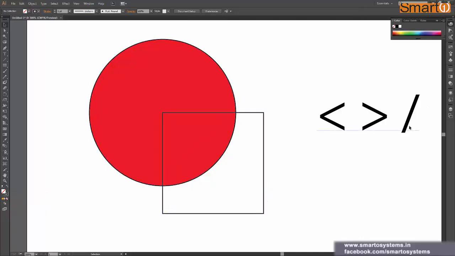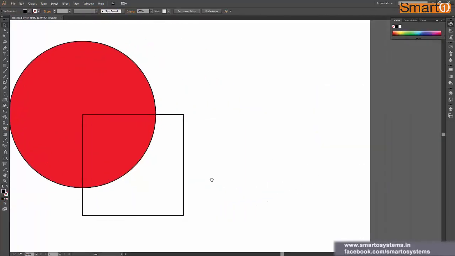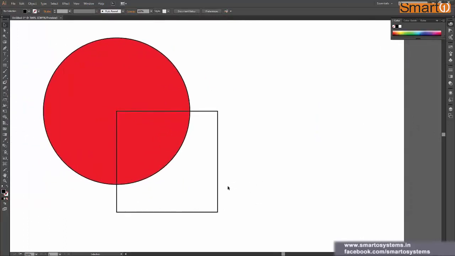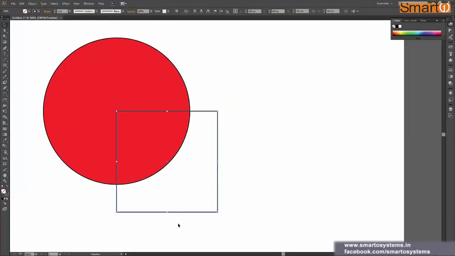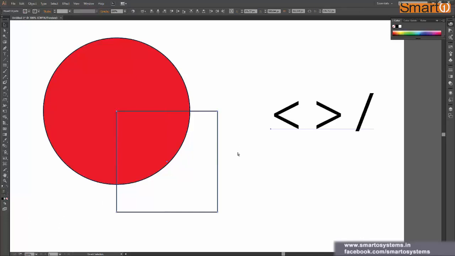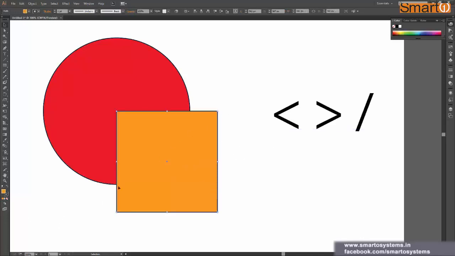So let's say at some point of time, or according to your project, you just need a shape outline, and you don't need the fill inside it. So in that case you can use it. I use it a lot of the time, especially for removing outlines, but the applications are so many, you will come to know about it. So let us just undo it.